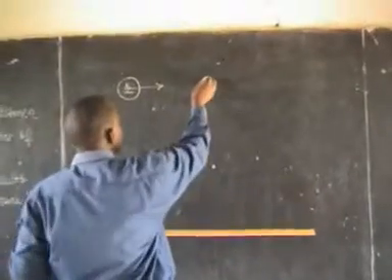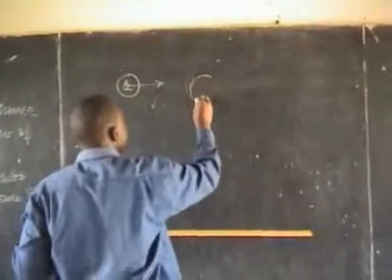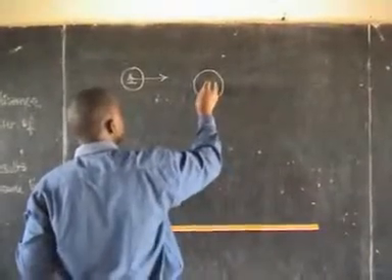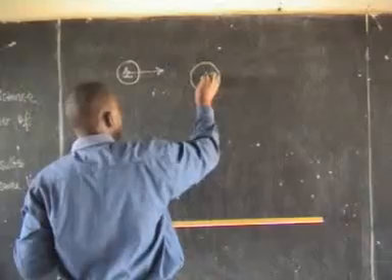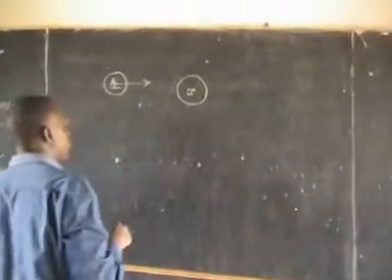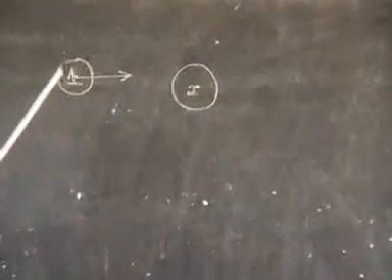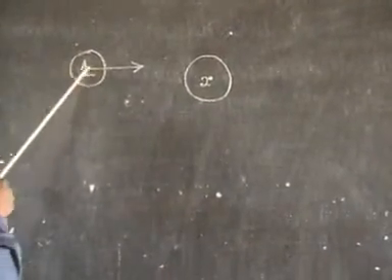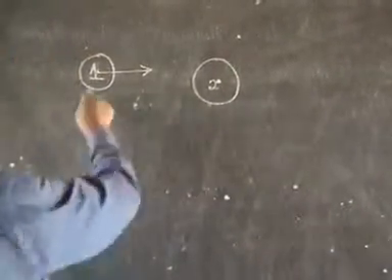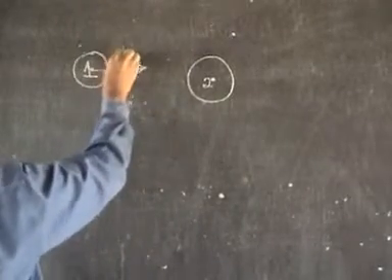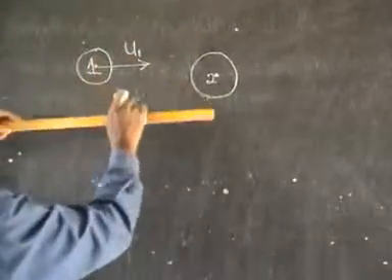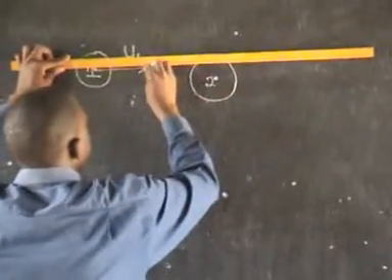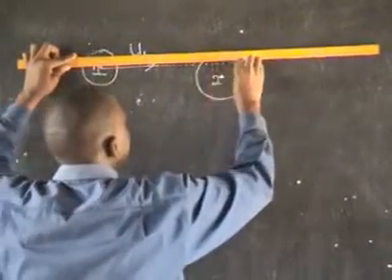For simplicity, let me assume I have another body, body 2, at rest, and this being its center of mass. The velocity vector of the center of mass is represented by the arrow which I have drawn there. Now if this body is to continue moving along the dotted line,